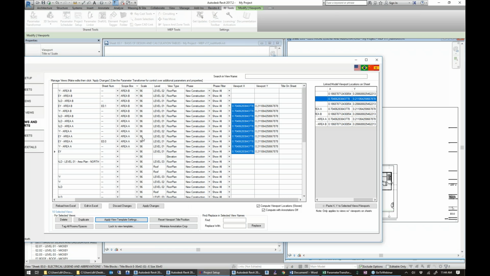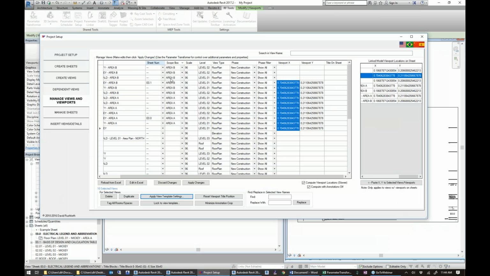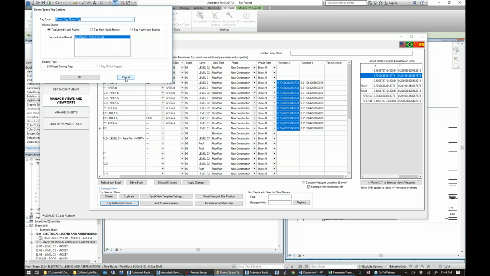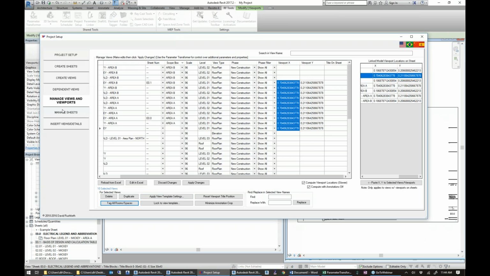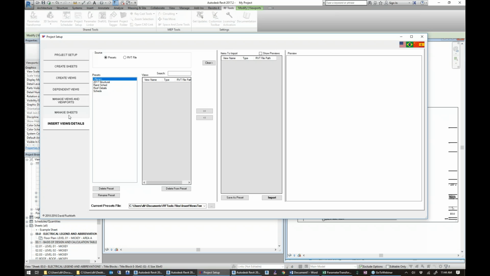Most of this stuff you can do in the parameter transformer, but it's just really in one location here, specifically for views and sheets. Tag all rooms and/or spaces. I can do this. I can tag all rooms in the entire model at once. So that's pretty cool. Let's move on to sheets. Oops, not insert views. We'll get to there. So under sheets,